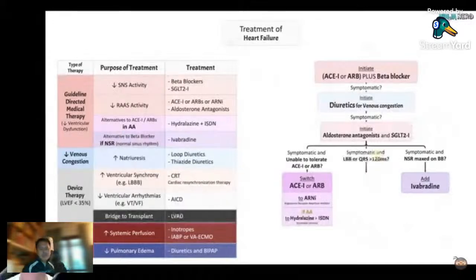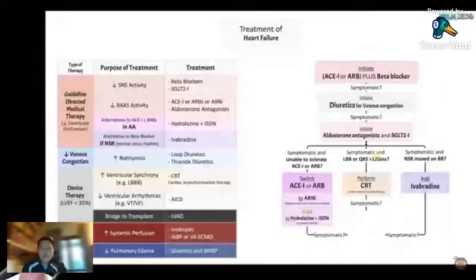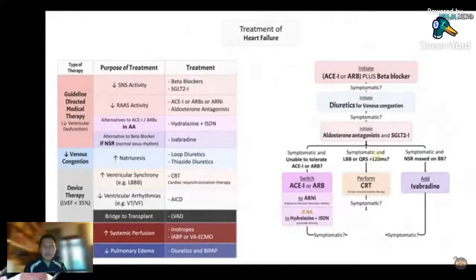If despite all measures they remain symptomatic, try to increase their perfusion. Usually inotropes would be the next step here. Digoxin would probably be the one that you'd want to continue as an outpatient. If they're in overt cardiogenic shock, milrinone or dobutamine. And then from there, if you have to, mechanical circulatory support if they're in overt cardiogenic shock, intra-aortic balloon pumps or ECMO. Hopefully they recover. And then the thing that you would need to bridge them to a transplant is a ventricular assist device, and hopefully the cardiac transplant improves their condition.